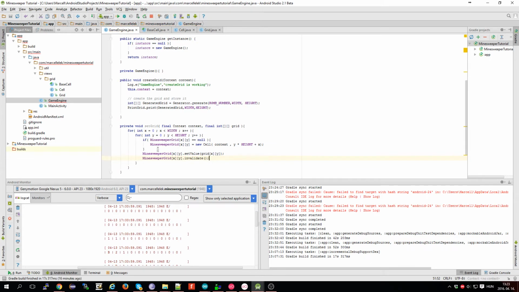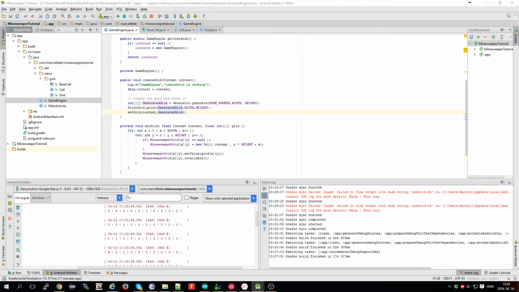If I say button, I mean it's not going to be a button, it's going to be a view which looks like a button. Okay, so here I'm going to call setGrid with a context and with a generated grid, and